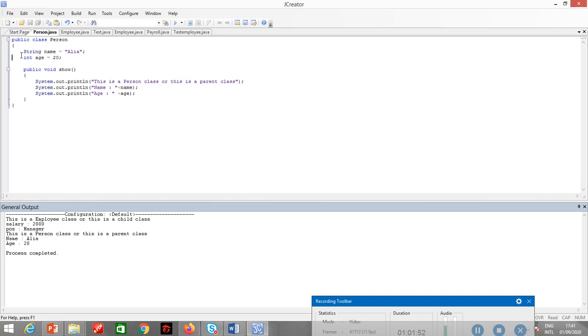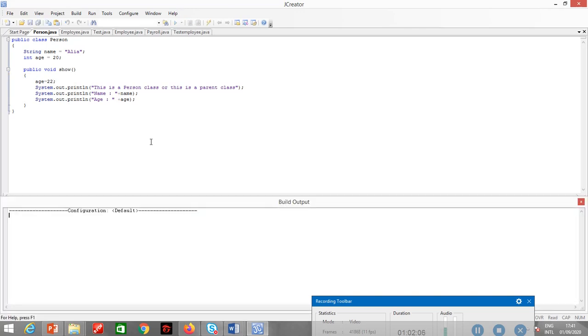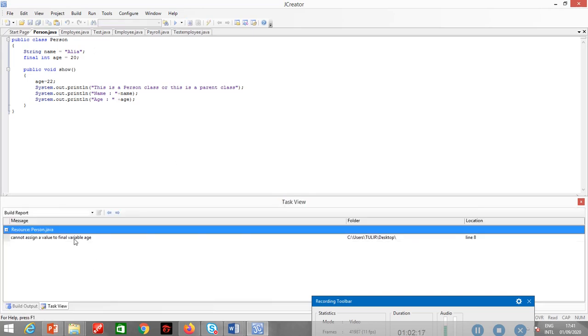If I declare age is equal to 22, I can do it, no problem. But if I declare it as final, I will get a compilation error because final variables cannot be changed. They just behave like class variables. If a variable is declared as final, the value of the variable cannot be changed.